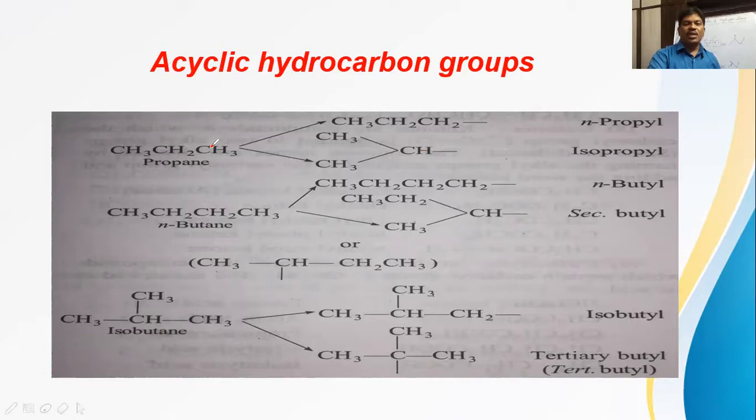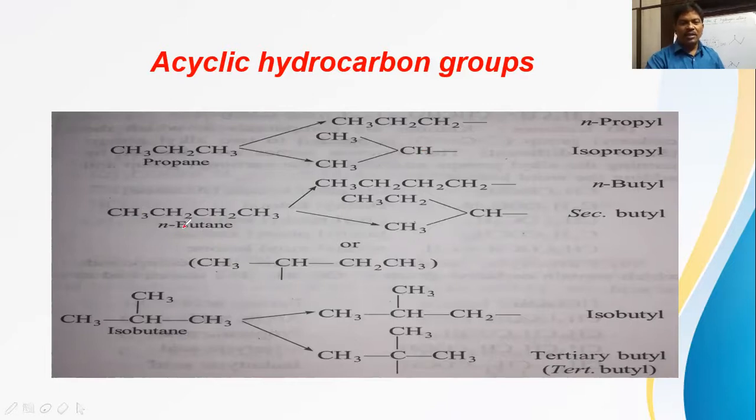So in this way we have to understand that normal alkyl and isoalkyl groups are obtained, because propane is nothing but alkane. Alkane minus one hydrogen, what is it? It is an alkyl group. And the second example, N-butane, normal butane. When we say normal, if there are no branches in the given structure, that is called a normal compound. So it is a normal alkane, N-alkane.